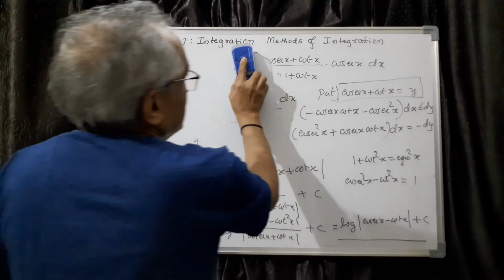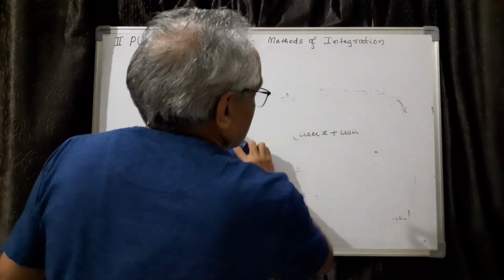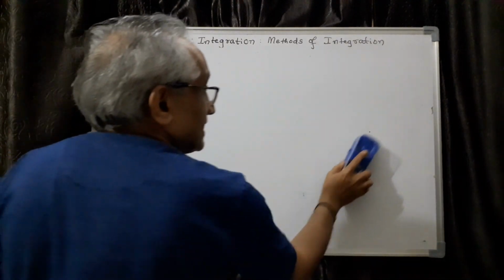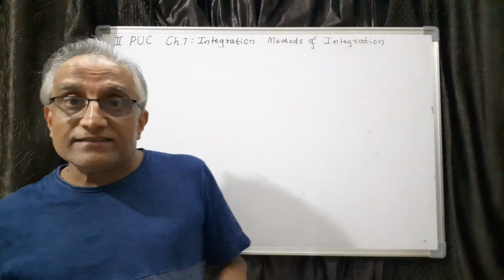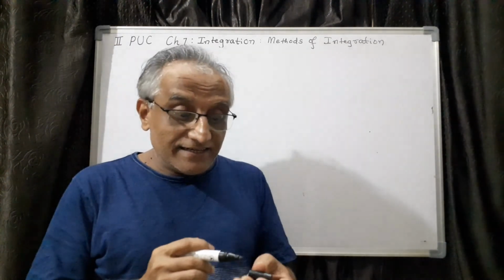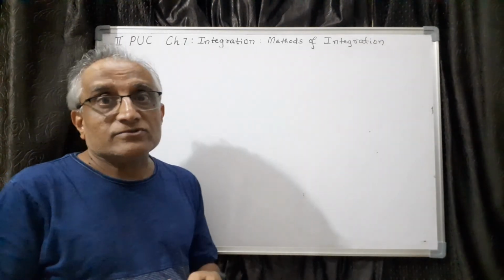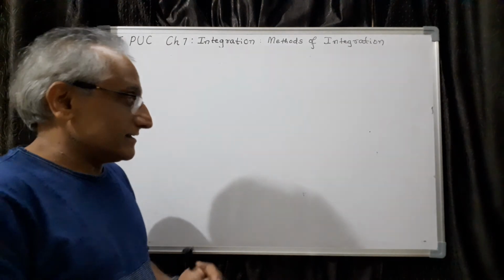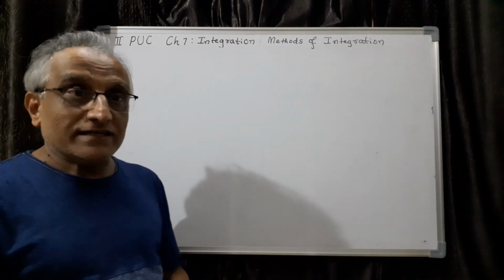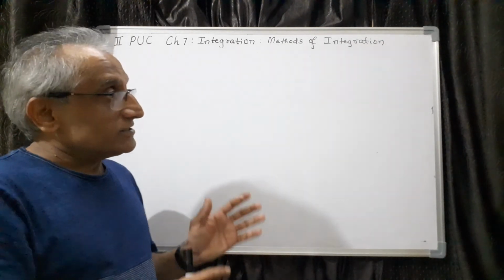So with this, let me conclude today. I have taken a few simple examples to show you how the substitution method can be employed in finding the integral of a given composite function. And tan x definitely indicates it need not always be a composite function. In many cases we can use this method to find the integral. In the supplementary lesson, of course, we have to take a few more examples, because substitution is not easy. There are many complicated questions. We shall do that.